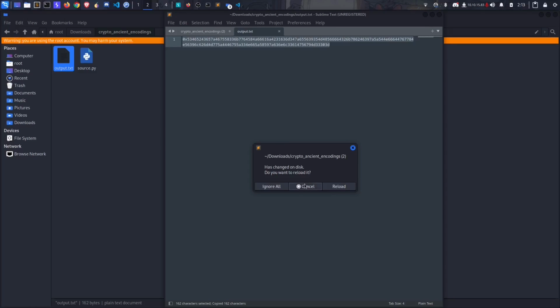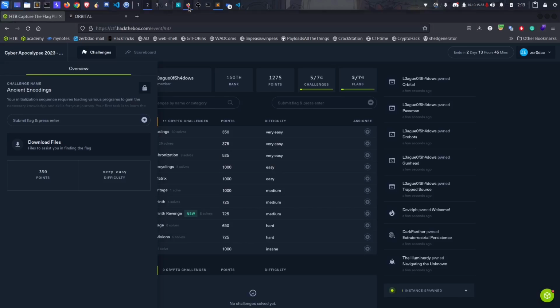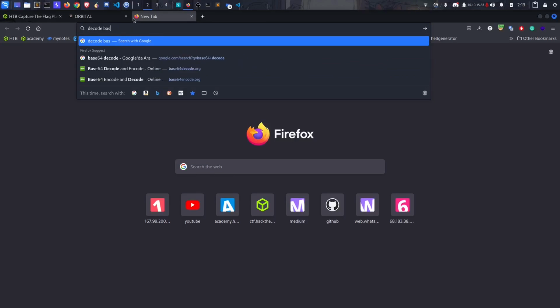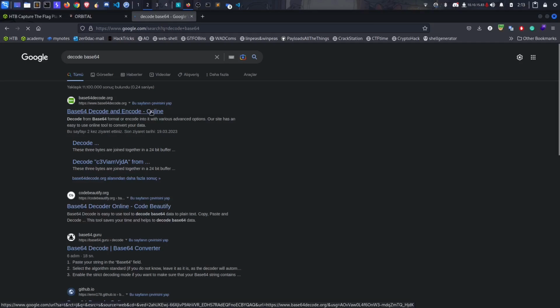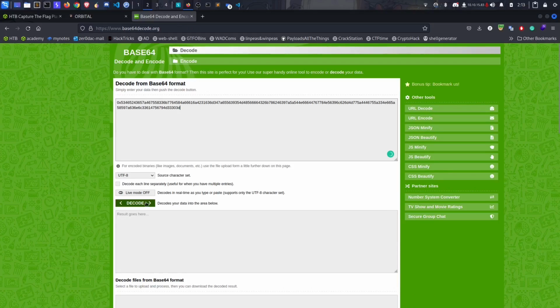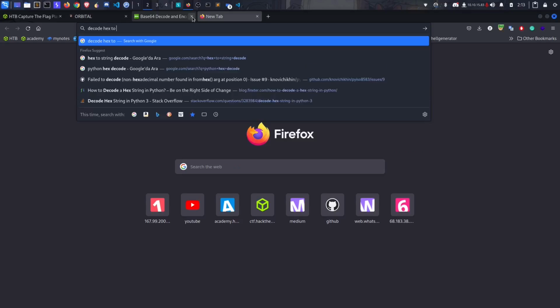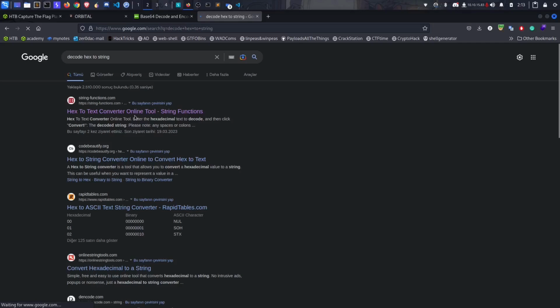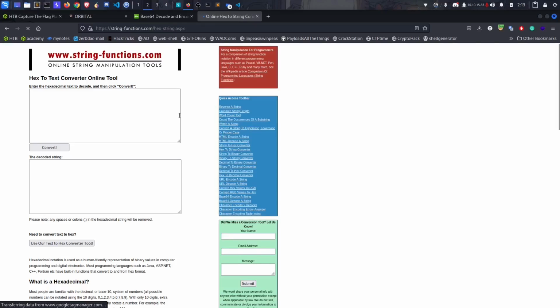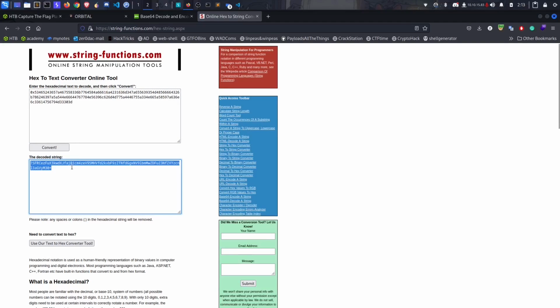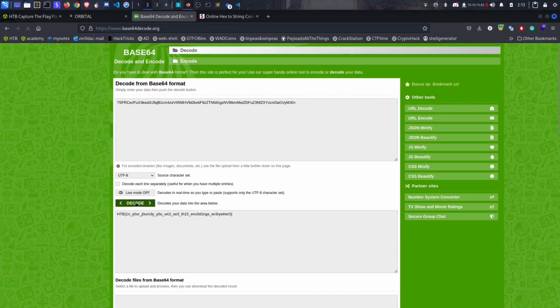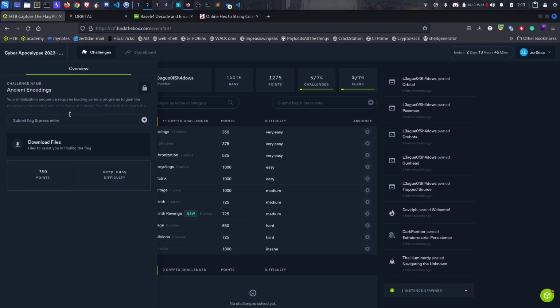So first we need to decode as base64. Decode. No, we first decode as hex, okay? It's lastly encoded as base64. Convert to string, and here is the converter. Convert, and there is base64, and here is the flag. We can pass that to